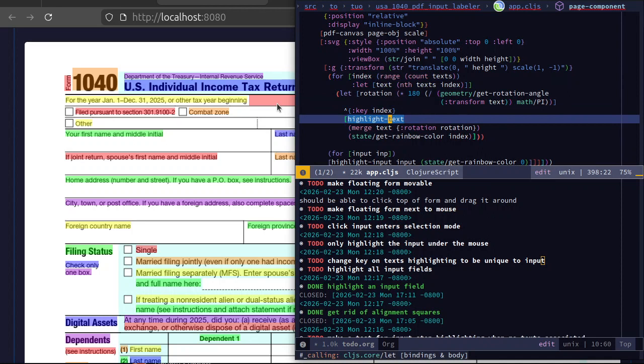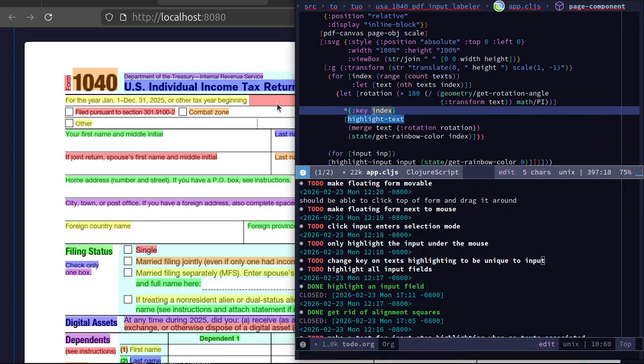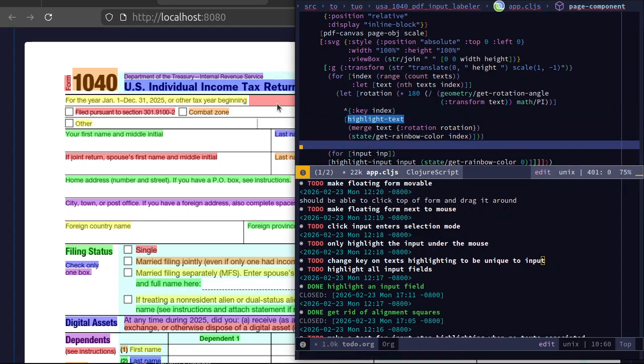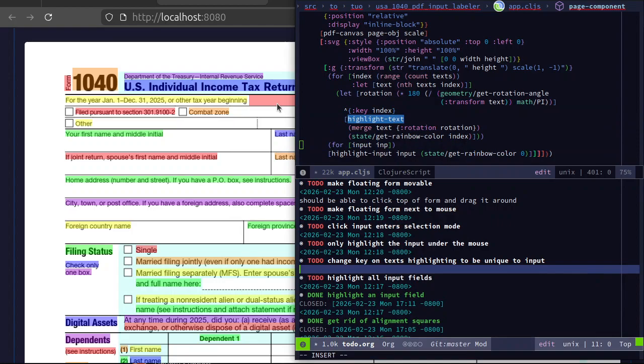Something like the X, the Y, the width, the height, the rotation. That might be enough. Actually, that is all I care about in this instance, where the highlighting is done. So yeah, that'll be my key. I'll do that next. Use X, Y, width, height, map. Okay,